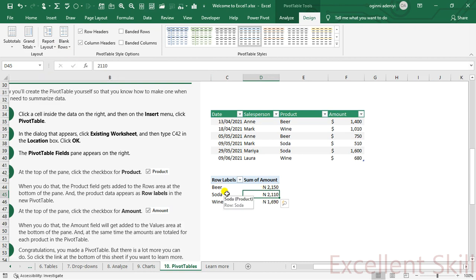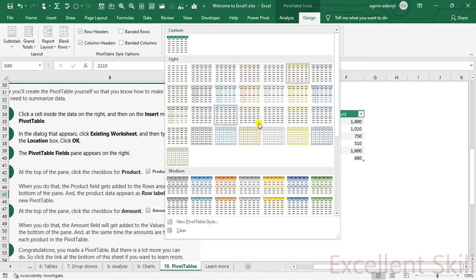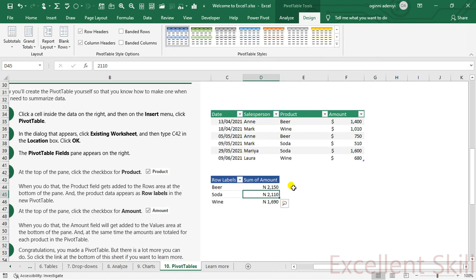When we have more data set, then we work more and we understand more about pivot table. But I can assure you, it's a powerful tool.